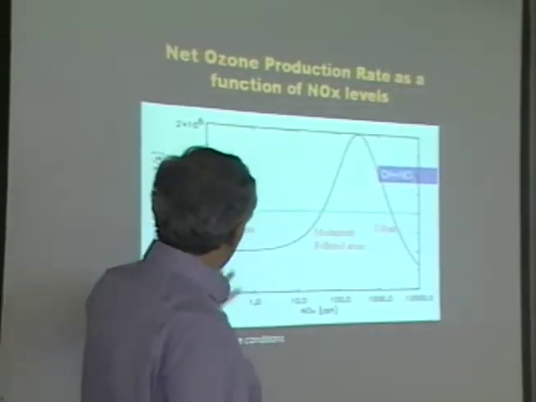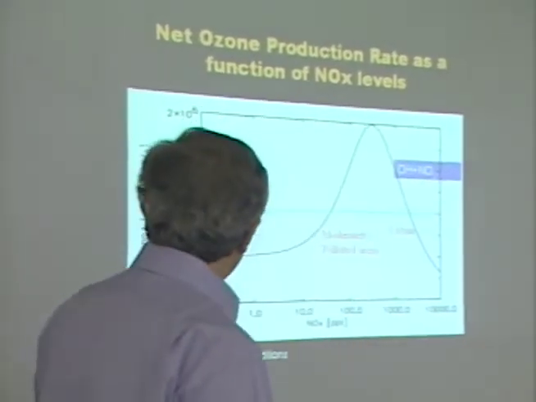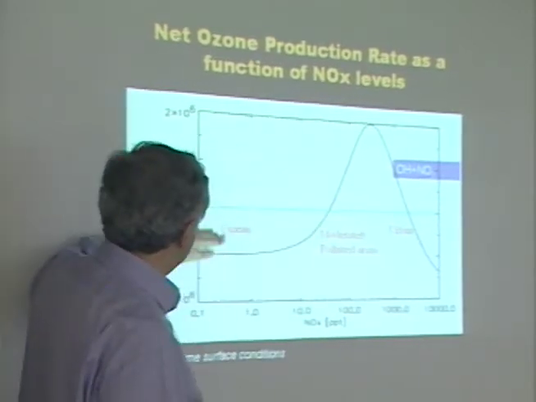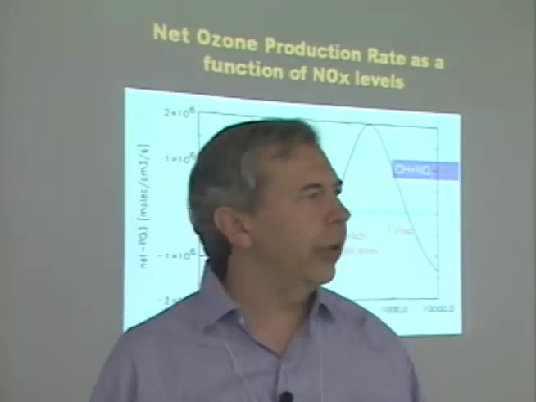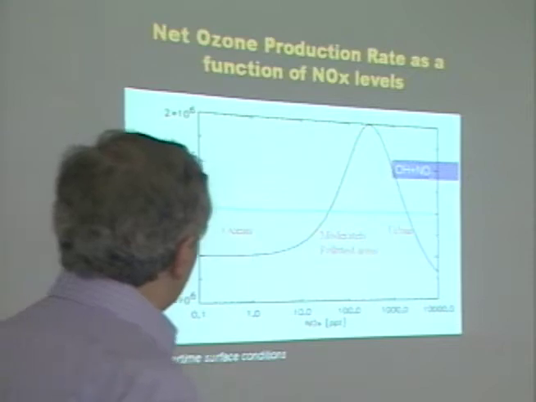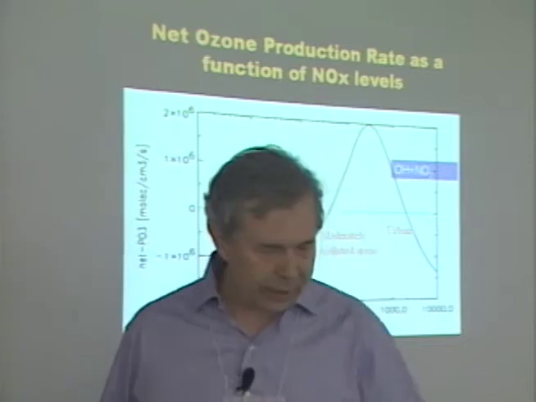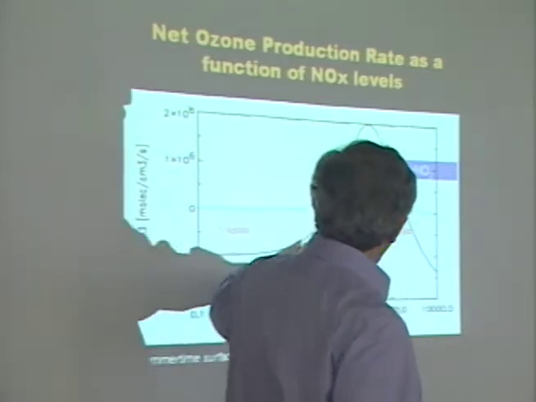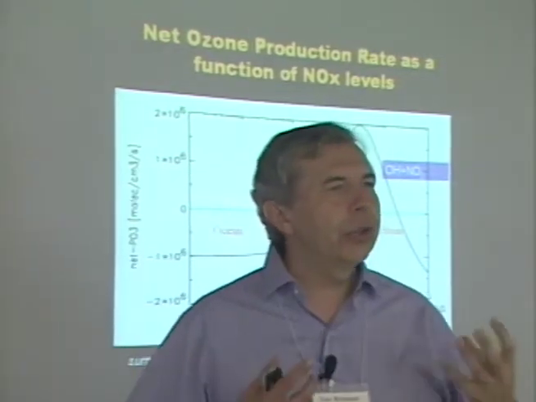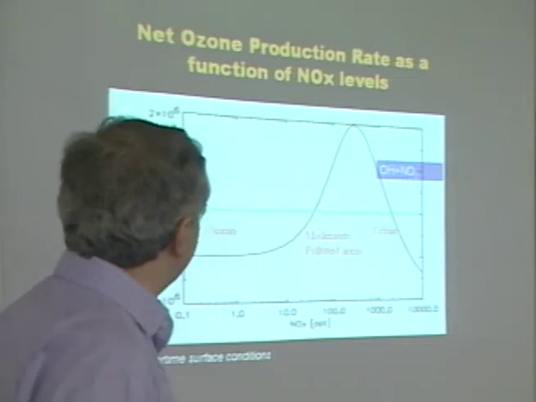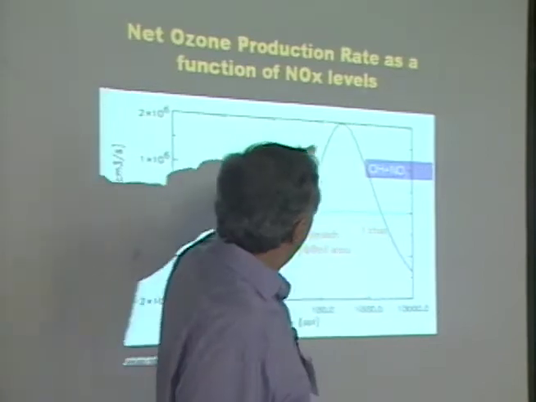If you are over the ocean, for example, where nitrogen oxide is very, very low, basically the net chemical effect is that the chemical production is negative, so ozone is weakly destroyed, but that happens over a large region of the world. If you increase NOx, in other words, if you enter a region that is weakly polluted, you can see a strong dependence of the production on the level of NOx. In other words, the ozone formation is highly controlled by the level of NOx, and you go from a negative situation to a positive situation with a maximum here.